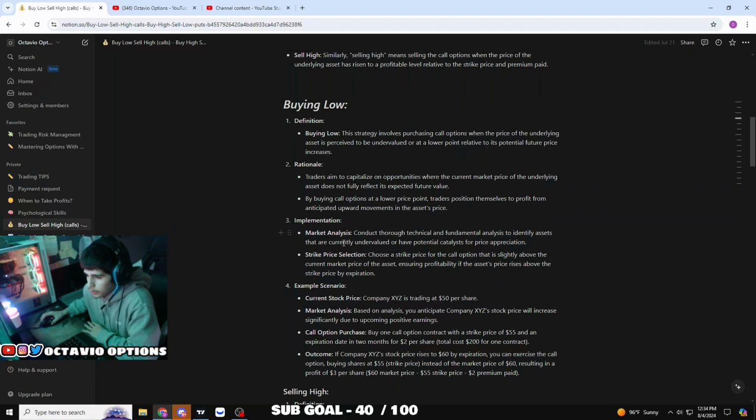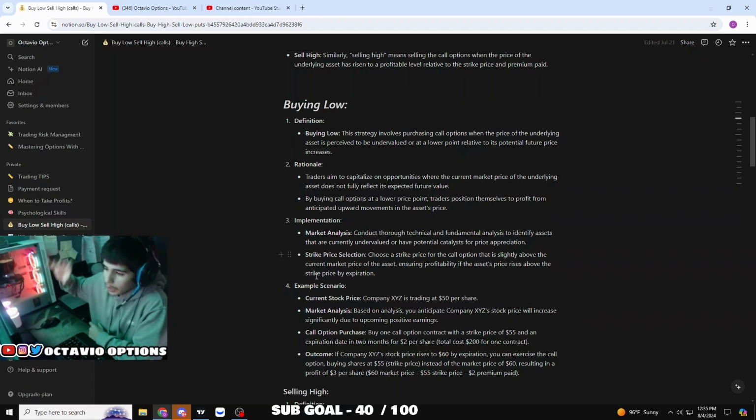And implementation. Market analysis conducted through technical and fundamental analysis to identify assets that are clearly undervalued or have potential catalysts for price appreciation. Yeah, y'all gotta understand that. Strike price selection. Choose a strike price for the call option that is slightly above the current market price of the asset; it ensures profitability if the asset's price rises above that strike price by expiration. Right? That's you buying the asset, thinking that stock is gonna go up higher. You're buying that exact strike where you think the market's gonna go up higher, and you're collecting that premium,